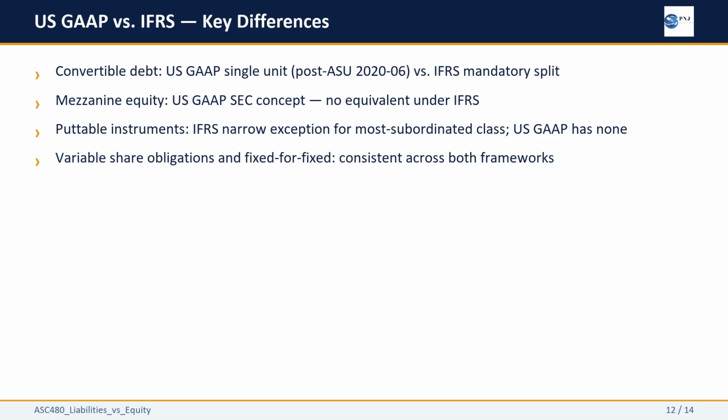IFRS uses a binary liability or equity classification only. Third, IFRS has a narrow exception that allows certain puttable instruments to be classified as equity in specific circumstances. US GAAP has no equivalent exception. The core classification principles, substance over form, variable shares equal liability, fixed for fixed equals equity, are consistent across both